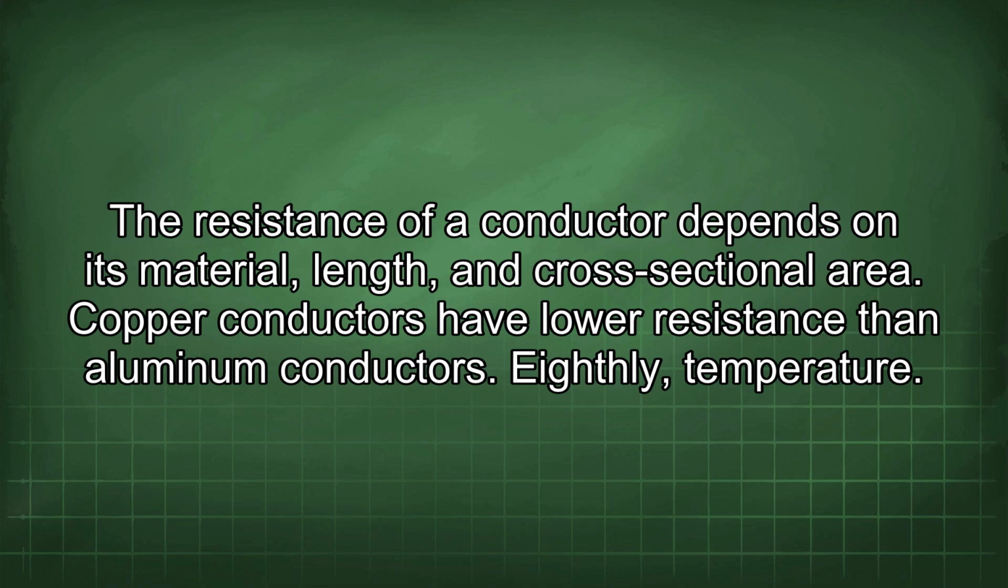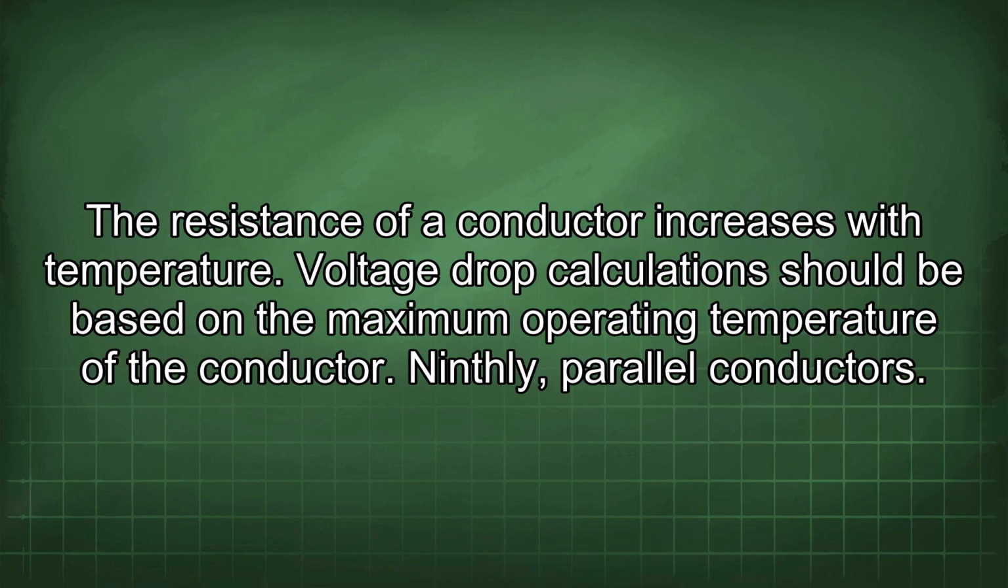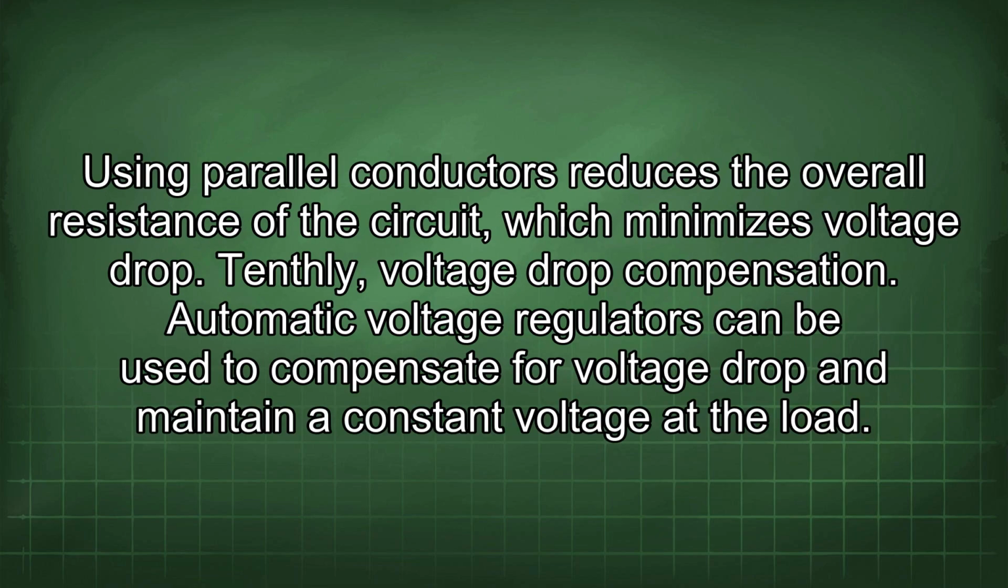Eighthly, temperature. The resistance of a conductor increases with temperature. Voltage drop calculation should be based on the maximum operating temperature of the conductor. Ninthly, parallel conductors. Using parallel conductors reduces the overall resistance of the circuit, which minimizes voltage drop. Tenthly, voltage drop compensation. Automatic voltage regulators can be used to compensate for voltage drop and maintain a constant voltage